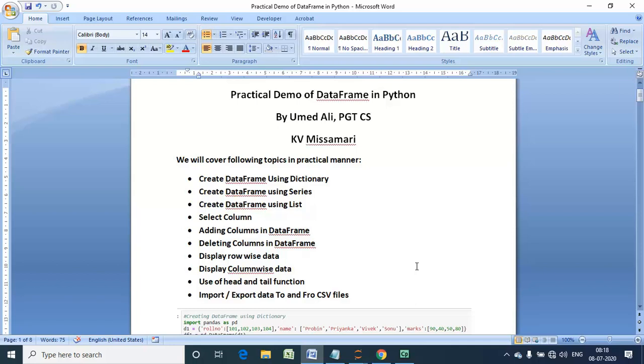Welcome back once again. Today we have a practical demonstration on DataFrame. This is a purely practical session on what we have learned so far in previous lessons. We will cover the following topics: creating a data frame using a dictionary,